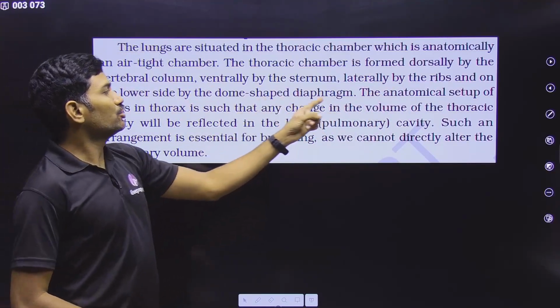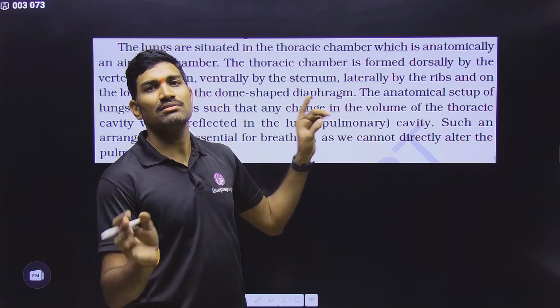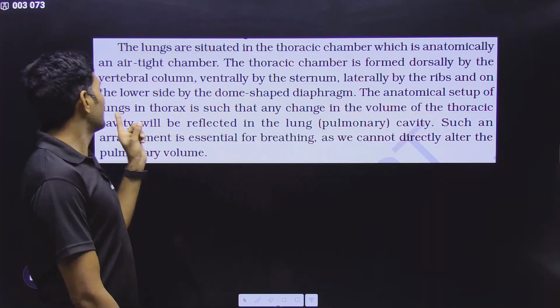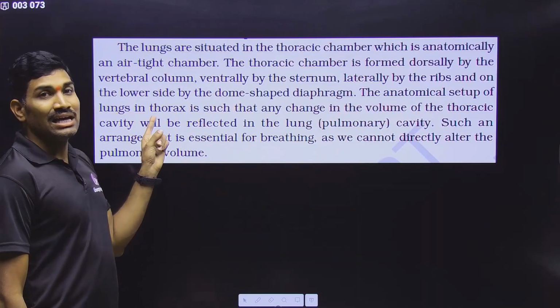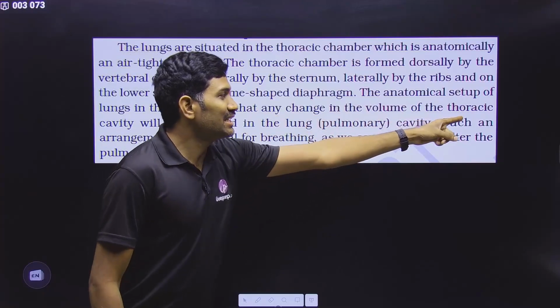Posterior side, dome-shaped diaphragm is present. These are the ones that are forming this thoracic cavity. The anatomical setup of lungs in the thorax is such that any change in the volume